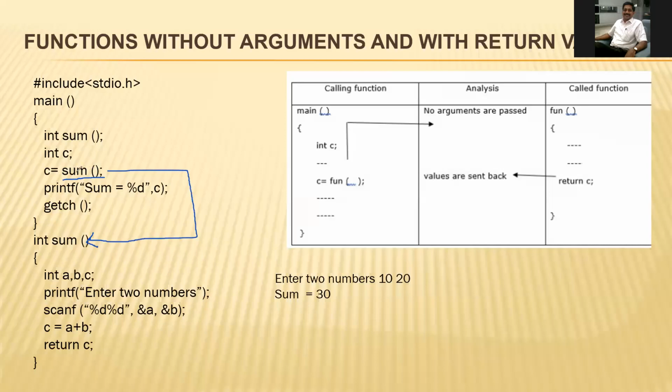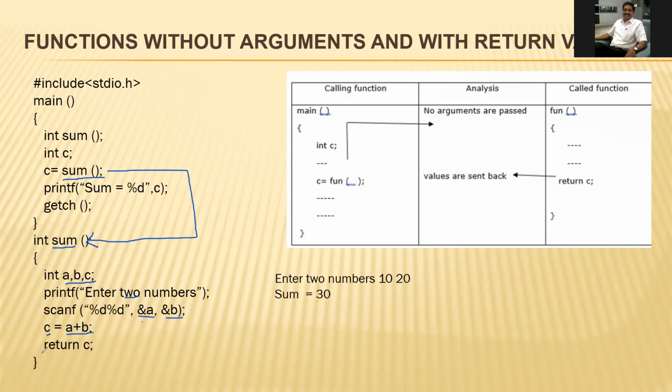For example, now we are not passing any value from this main function. The sum function is written, and in that sum function a, b, c are declared, and we have taken the values of a and b here. See here, the %a and %b values are taken from the user, and we have just calculated a plus b, that is, the calculation is done, and c is now calculated.